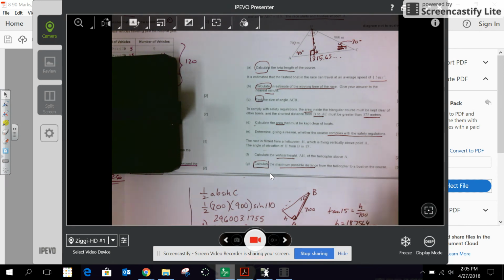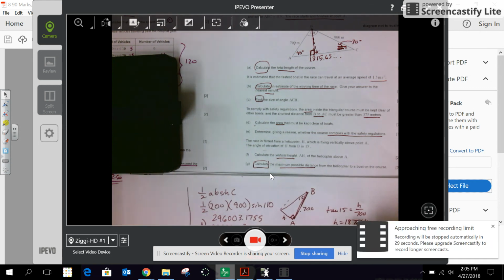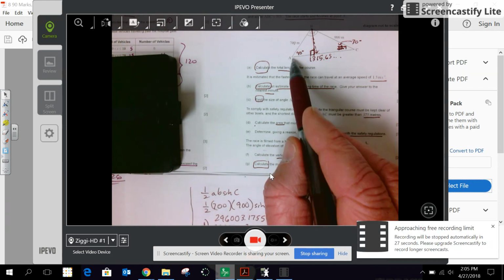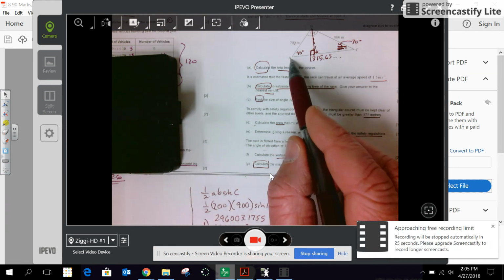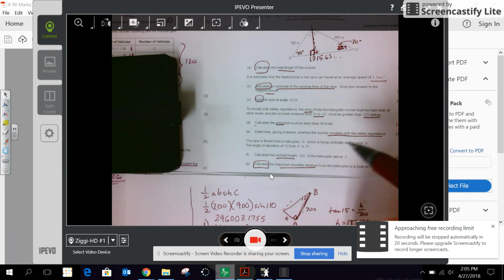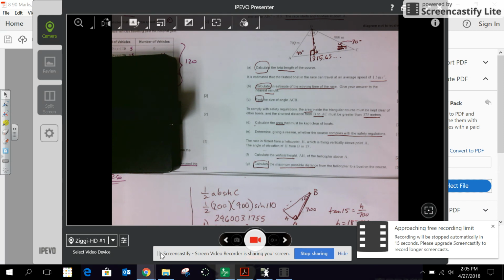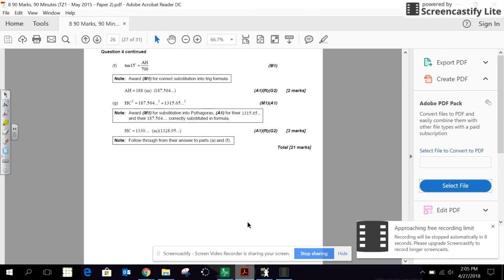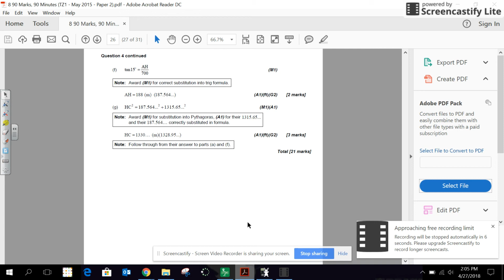So the helicopter is hovering right above A, and we're trying to figure out the furthest distance to any place on the course. So I'm going to let you check this answer because I'm running out of time. You notice it is 1,330. That is because we